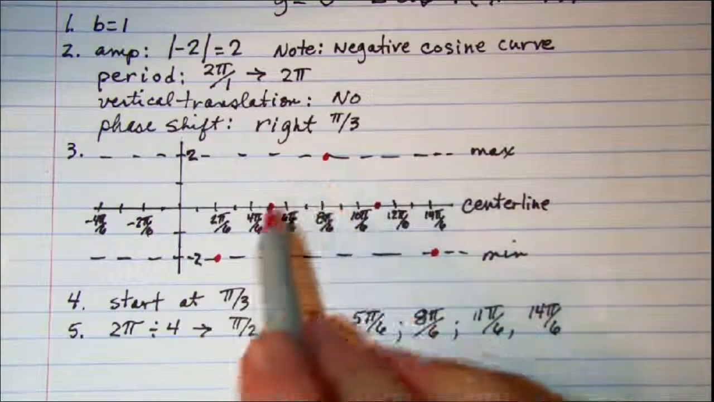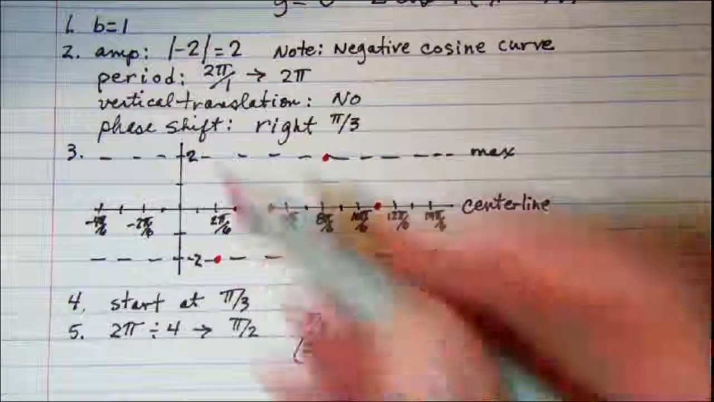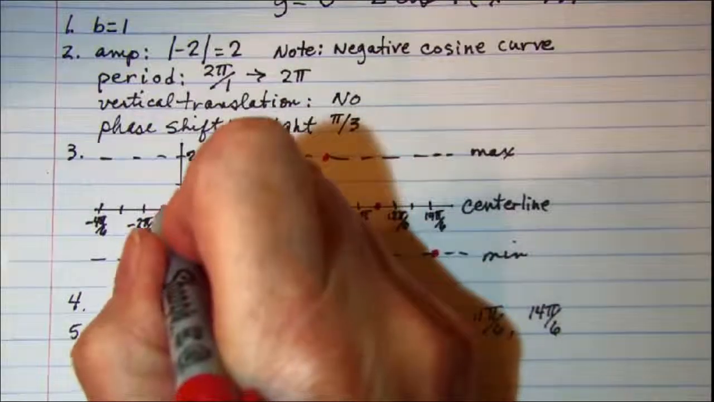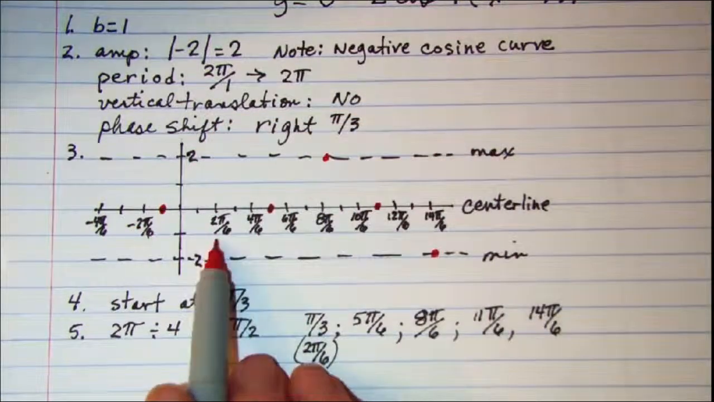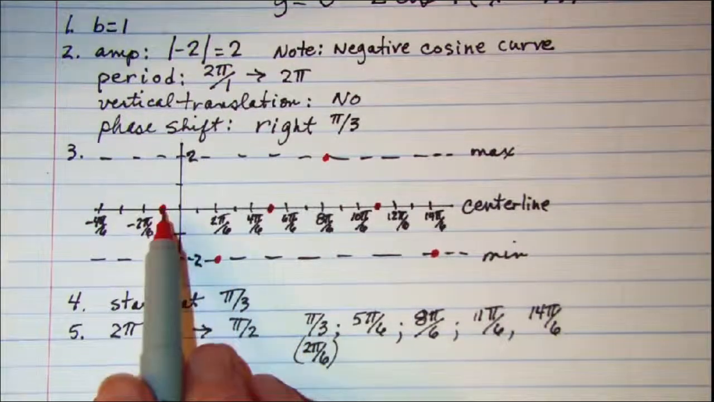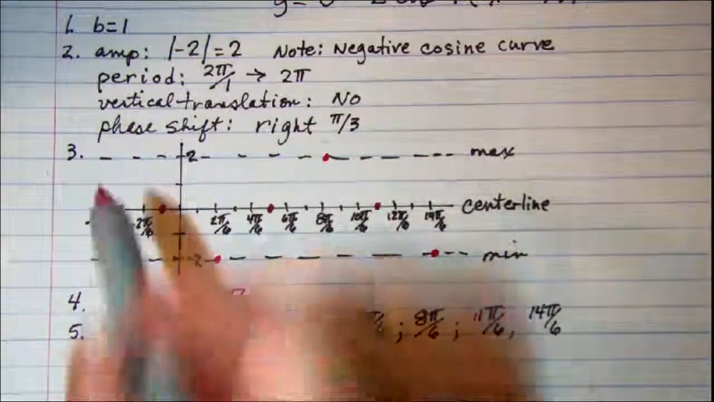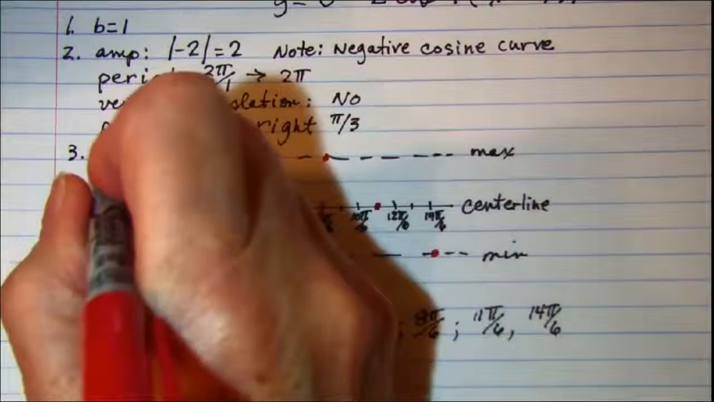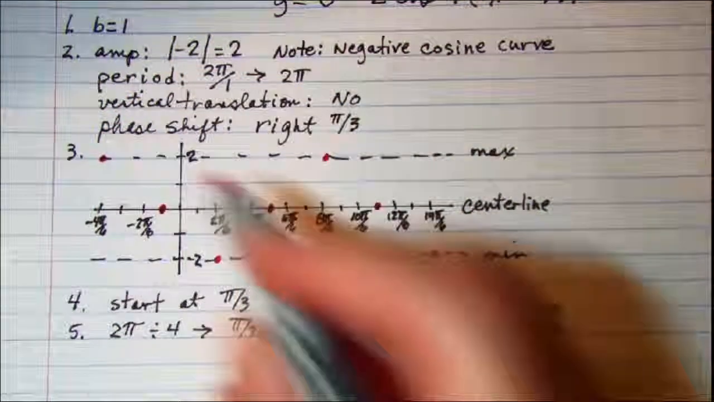Now if I wish to continue to the left, my center line is going to be here. If I take 2 pi over 6 and subtract pi over 2, I'll get negative pi over 6. And then I can hit the max here at negative 4 pi over 6. So our curve